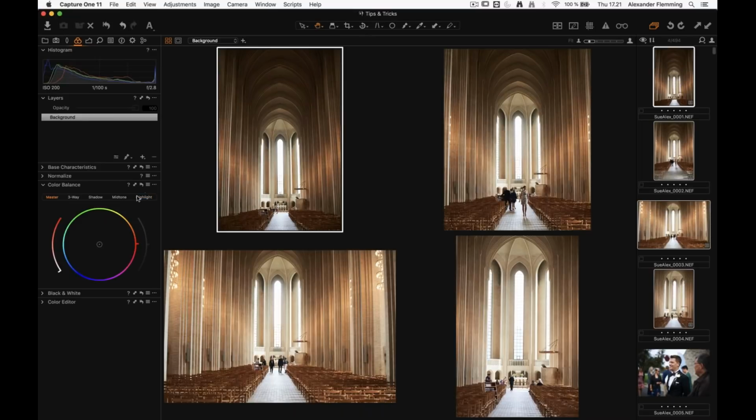So now, let's say that I've edited all these with my white balance and exposure and contrast and all of that. And now I want to add color grading. So I go into the color balance tool and do some teal orange color grading. Yeah, that's okay. And now I want this color grading to be applied to all the other images without affecting